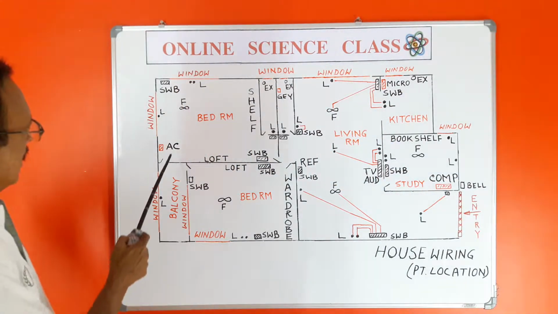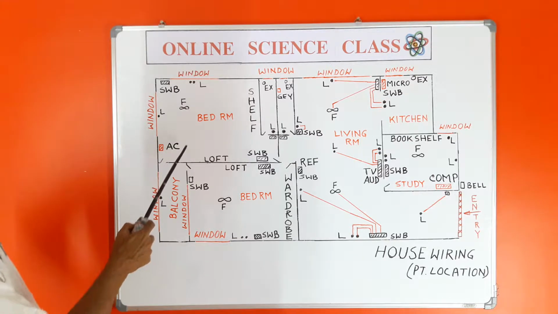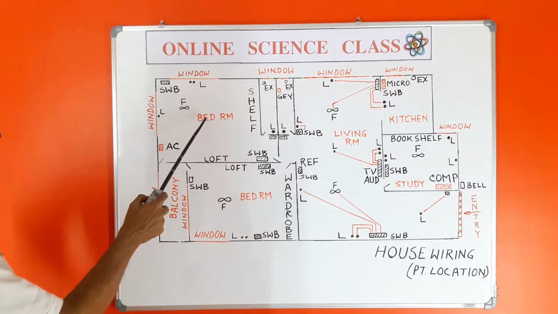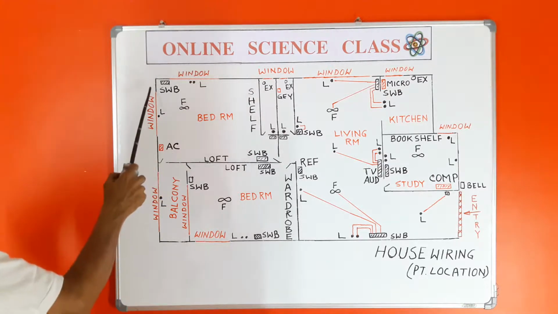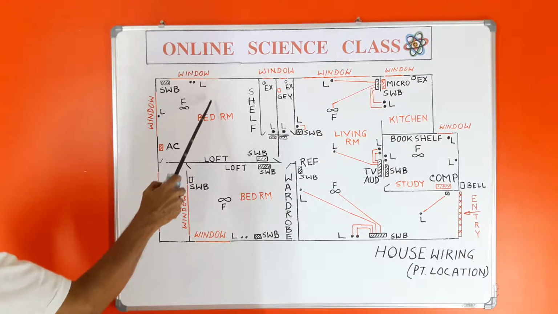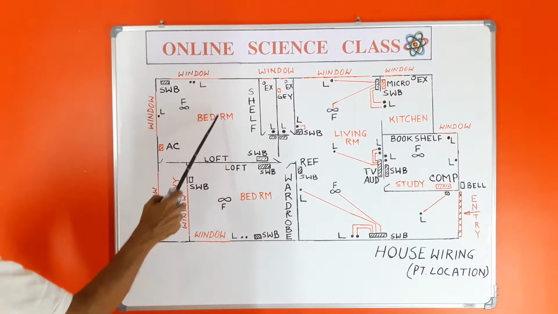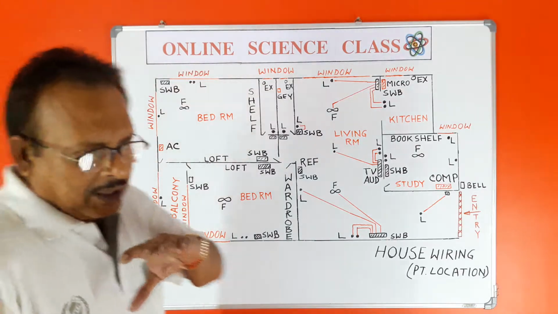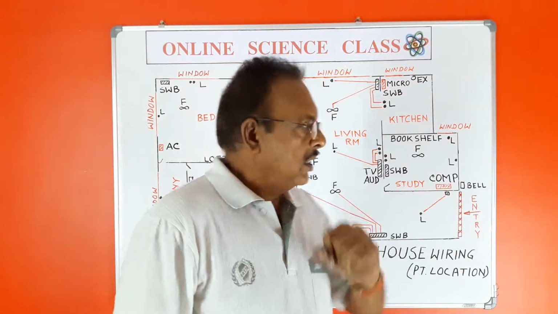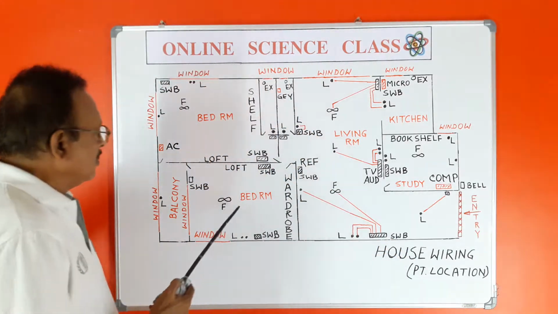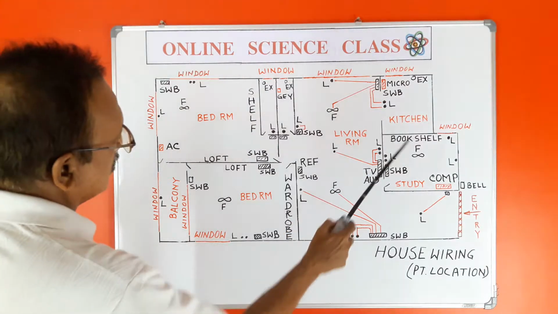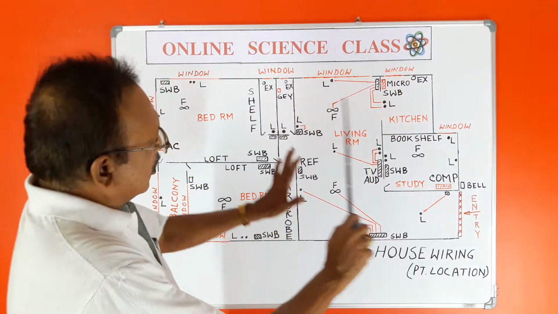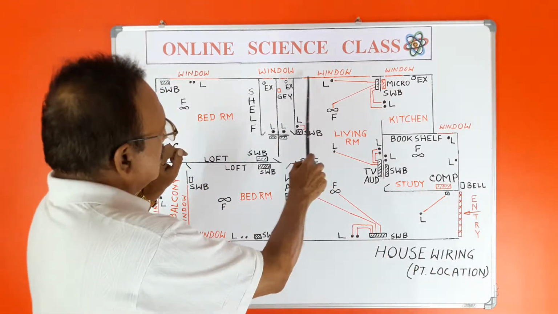Then I will fix my AC over here. The fan is at some corner, not at the center, because you see this is a window, this is a window. So it is natural that I will keep my cot here. So I require the fan point here. I am telling you, every decision should be logical. Similarly for this bedroom, this balcony, this kitchen, bookshelf. Now let us forget about all this. Just concentrate on this